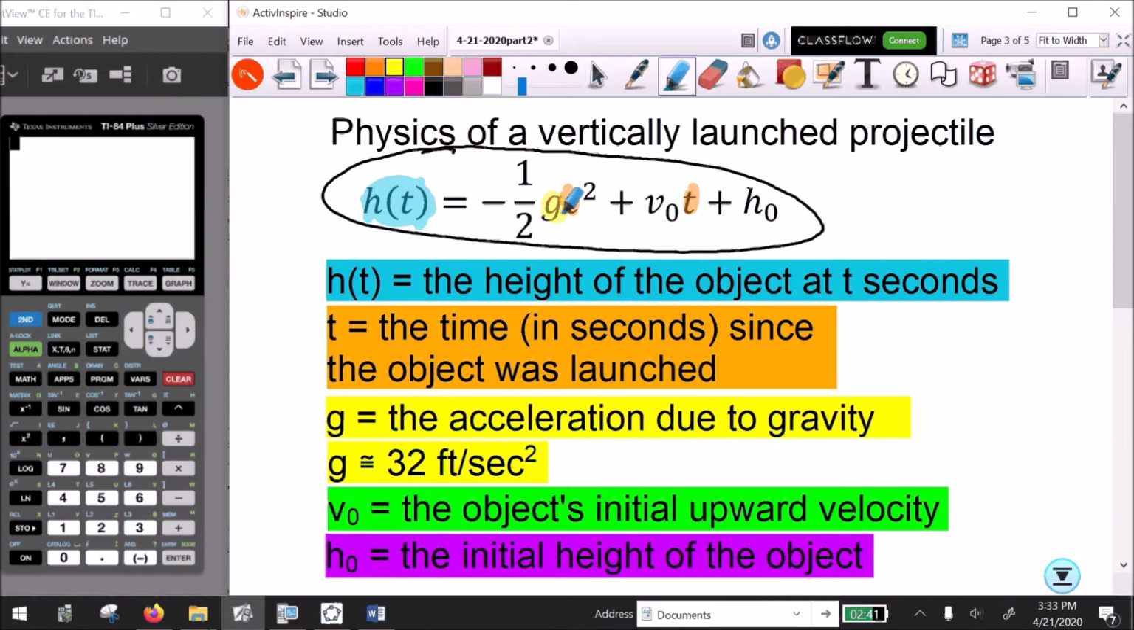The v sub 0 just stands for the initial speed at which the object was launched, the initial velocity that the object's traveling when it first gets launched. And finally, that h sub 0 is the initial height of the object. And if you wanted to work in terms of our problem,